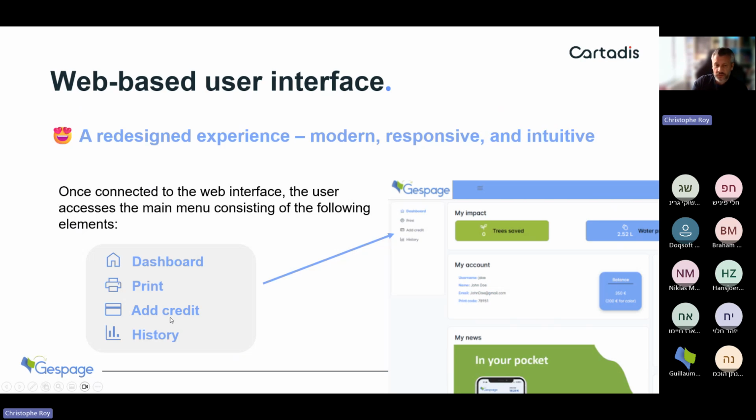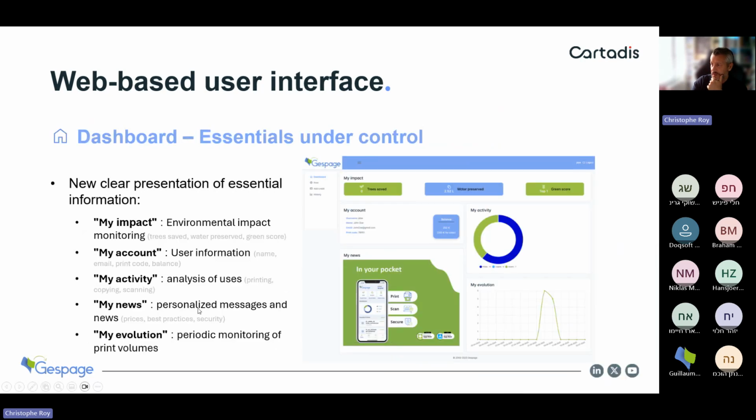You've got add credit to top up user credit. And you've got history as well, to get into the history of all the jobs that have been completed. Okay. So in the dashboard, you will find some information like my impact, which is a link to the environmental